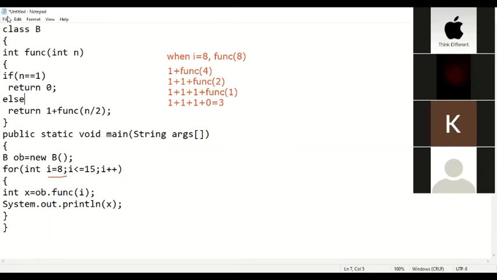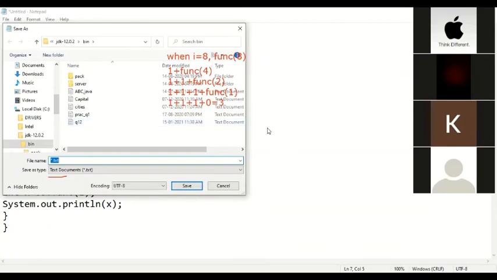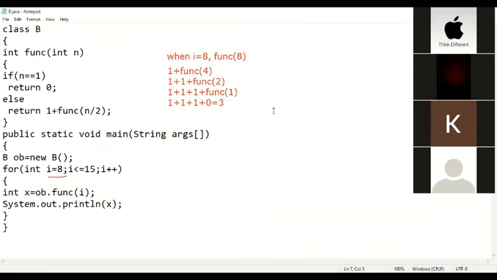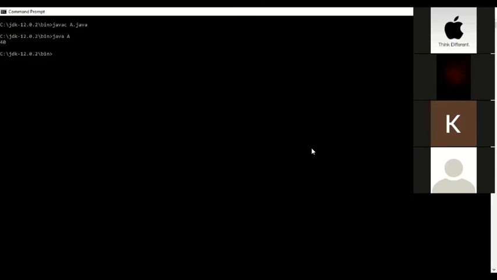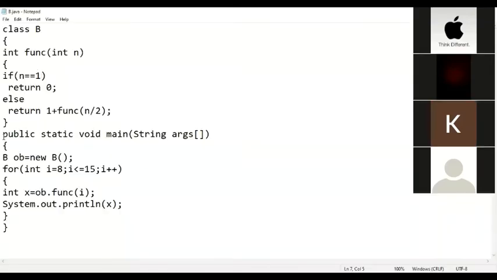So save this program and quickly show you the output. It is b.java. New shell, command prompt, javac b.java. Error. Okay, brace is missing.